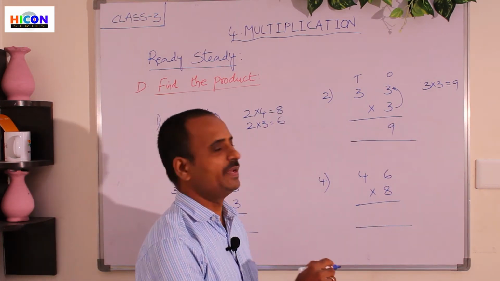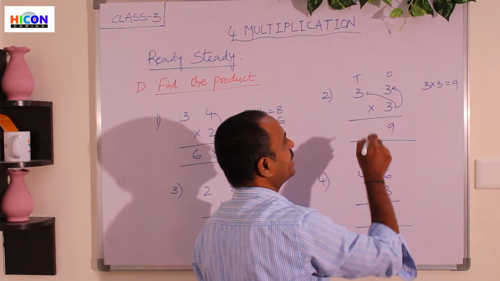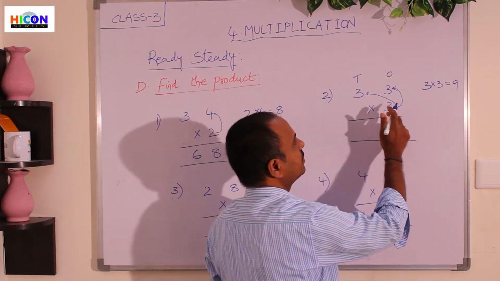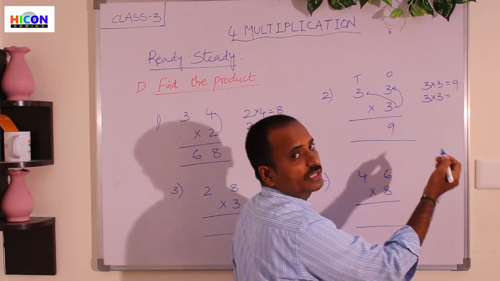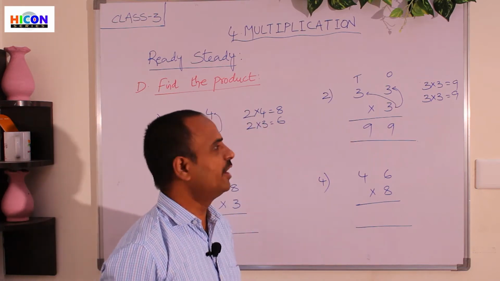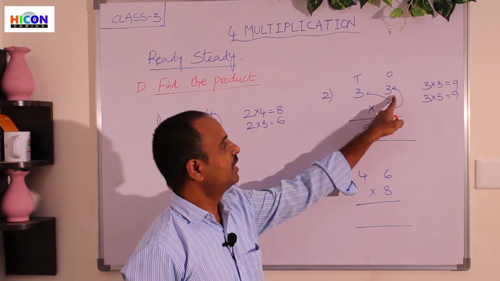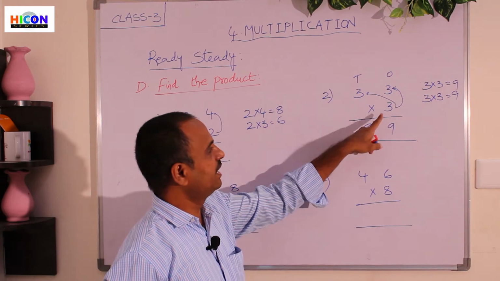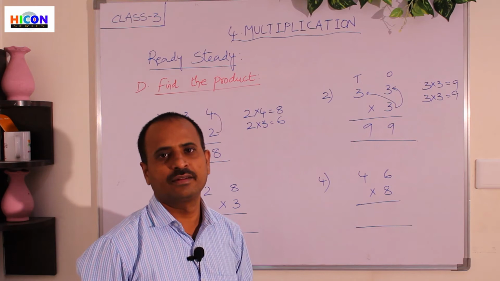Next go to the tens place. Now multiply with the tens place. That means again 3 3s are. 3 is present in the tens place. Again we will get 3 3s are how much, children? 9. So write 9 here. First we have to multiply the given digit with the ones place, and then multiply with the tens place. If there is a hundreds place, then go to the hundreds place. So the product is 99.